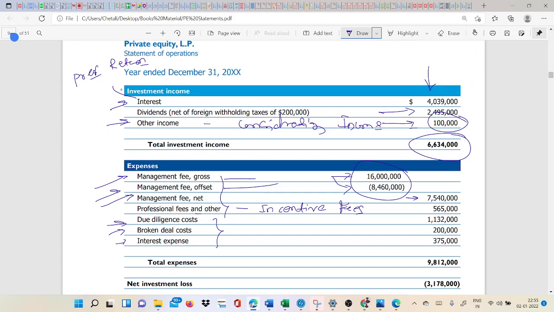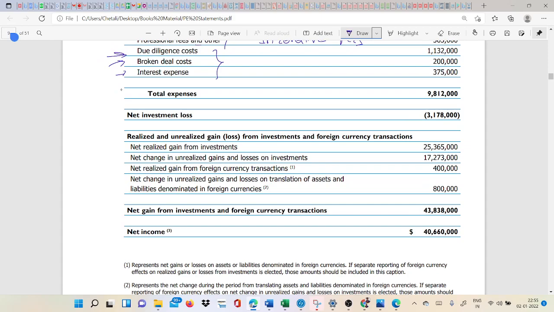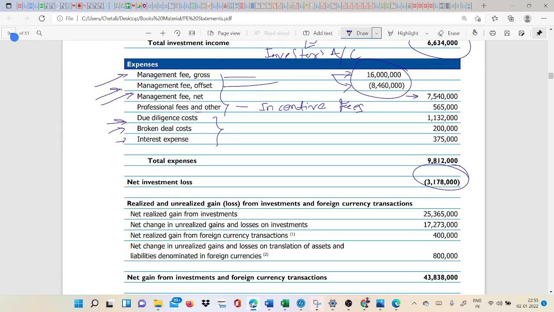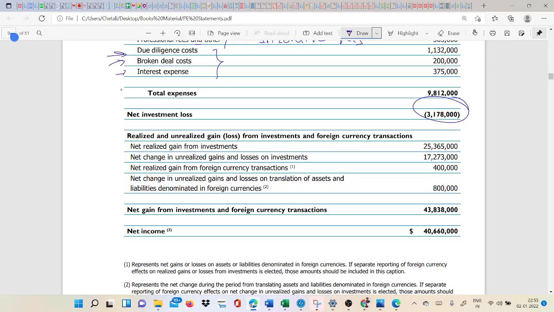See, because we have discussed about the income, so we'll have to allocate. Now here you can understand the allocation part. We'll have to allocate the income as well as expenses as well. To whom? To the investor's account. Okay. So in this case, till here, it seems we are in a loss because we have a negative figure. Expenses are high, then yes, we are in a net loss.